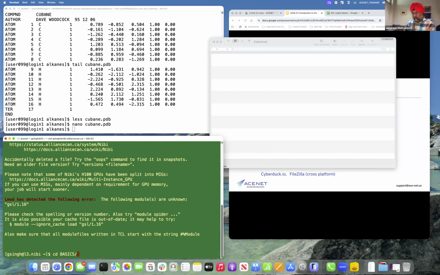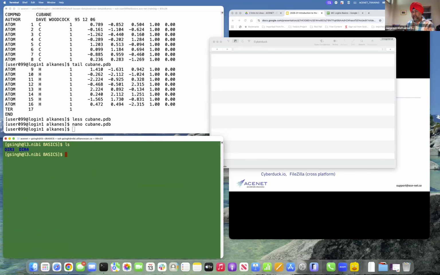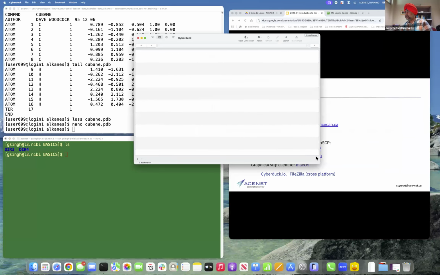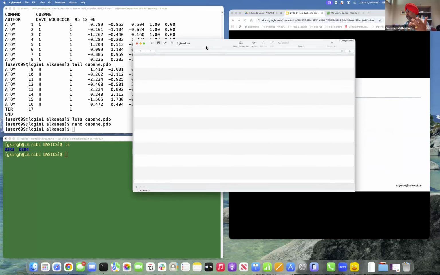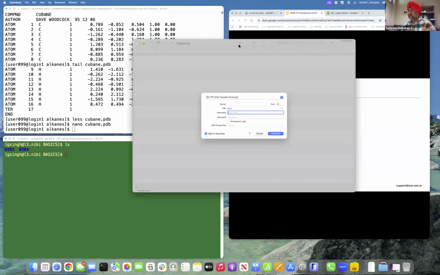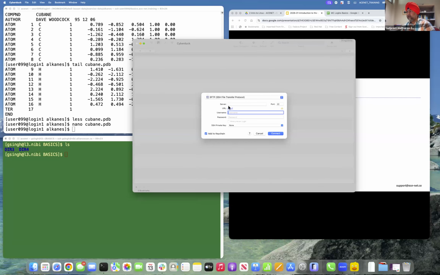So I'll just go to basics there. You can see I have my DIR 3 and 4 over there. This is the CyberDuck interface, which I downloaded today. Believe me, I just installed it for the first time. So open connection. We will transfer files back and forth from this cluster to our training cluster. When you open CyberDuck, make sure you go to SFTP.